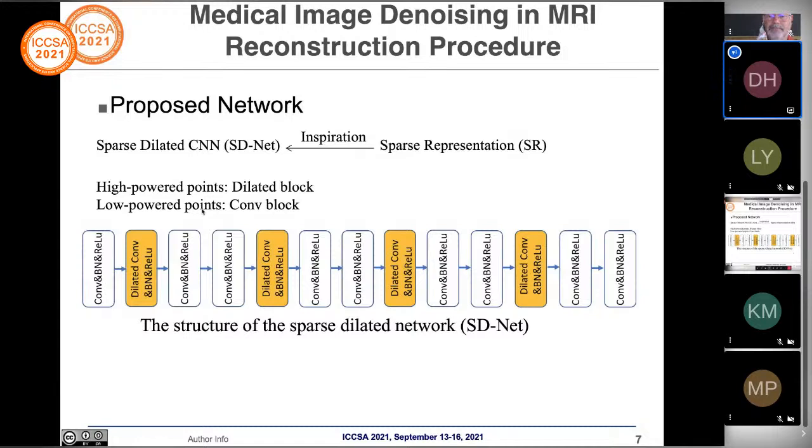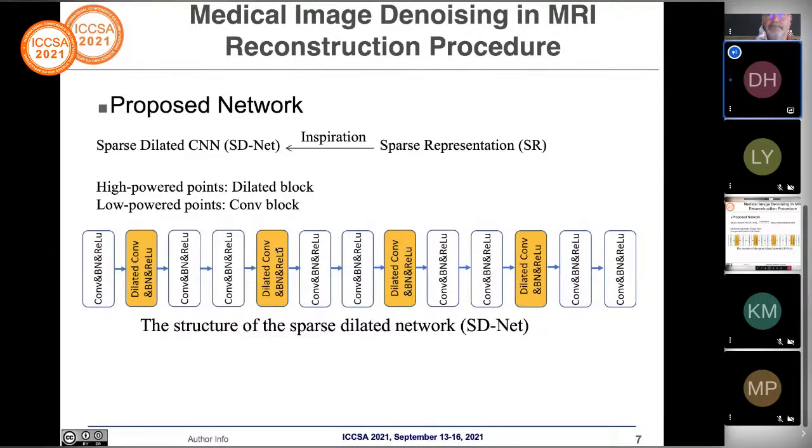The dilated convolution layers are not placed in a continuous circuit, as we can see from here, which introduces a sparsity mechanism into the network by stacking some high-powered points, dilated blocks, and also low points together. We can see a few points here, rather than that, we introduce high-powered points to obtain a more compressive context